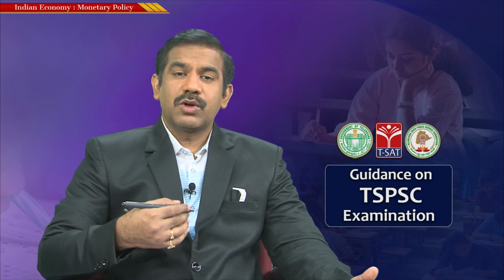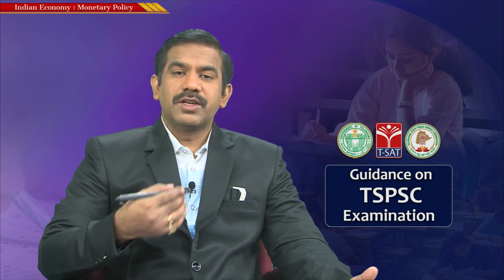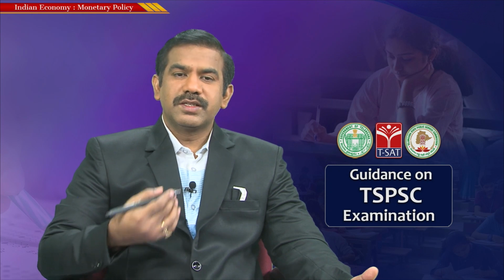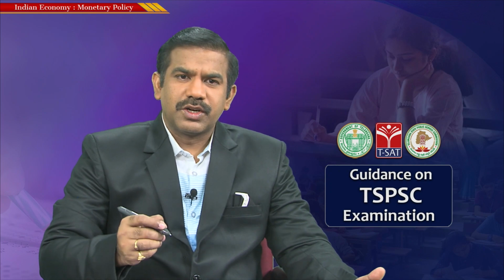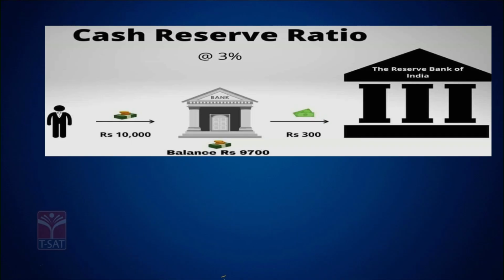So this is how banks also play a very important role in creating credit and thereby increasing the supply of money. Now let's look at certain important reserve ratios the bank has to maintain, and please don't ignore this number 3%. I have simply taken some random number to let you understand it. It's not necessary that the cash reserve ratio is 3% as of now. In fact, it is more than 3%, but let's not memorize the exact amount of the cash reserve ratio,